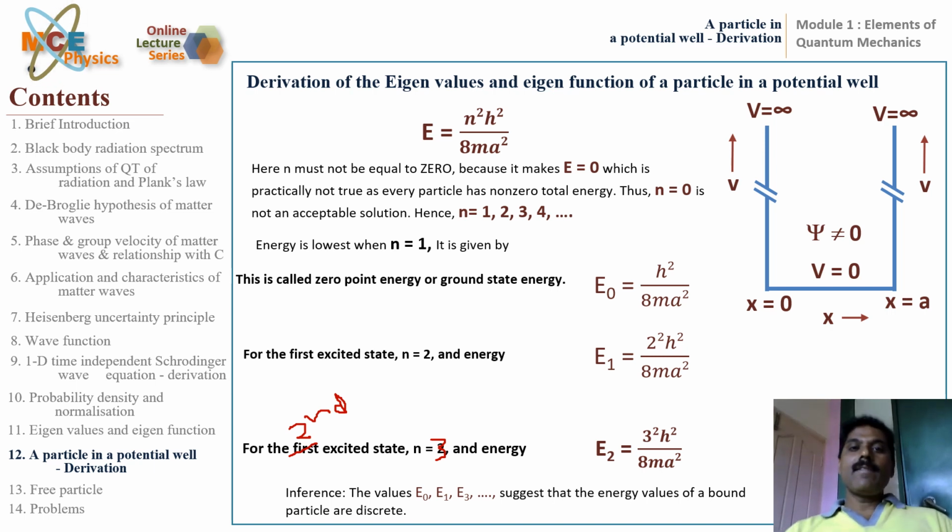And these energy values which we have calculated here indicate clearly that when the particle is in the bound state, when it is bound to a physical system, its energy values are quantized or discrete. These are the points discussed in the previous class. And also we had discussed about